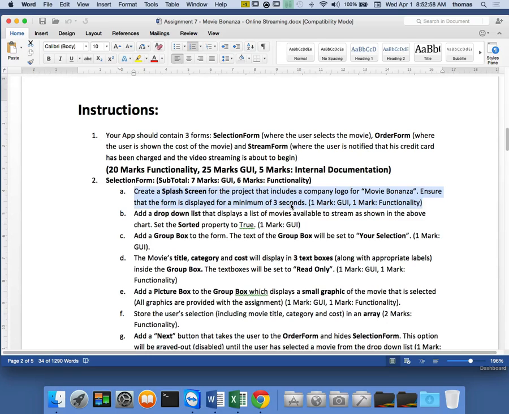So pick a partner that you know works well, right? If you don't want to work with anybody or you love working on your own, you can certainly do that. Again, just to reiterate, if you're going to work with somebody and you submit this thing on eCentennial in Dropbox, I want you to put in there who your partner is, because please don't both submit. That would be kind of weird, right? Because if I get two submissions, I don't know if it's something you're doing on your own or with somebody else, and I'm going to mark it the same. Chances are I'll give it the same mark, but I want you to have one submission.